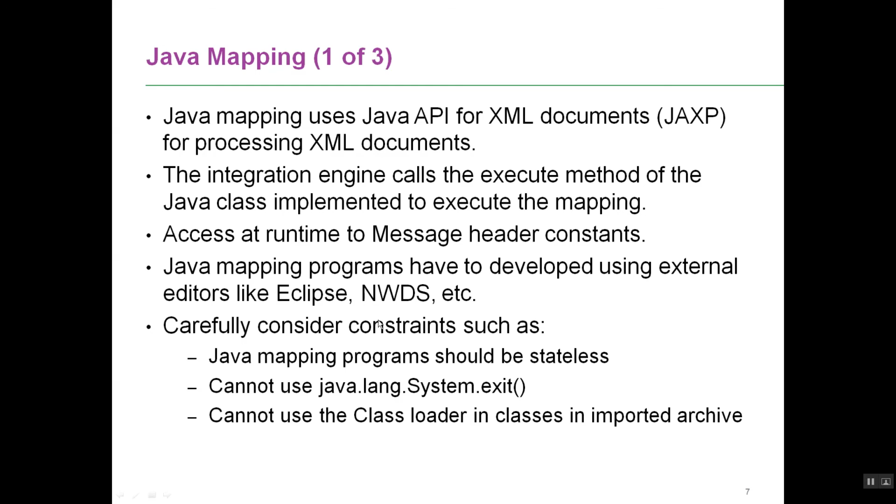If you're a Java developer, you would be aware of stateful classes and stateless classes, right? So all your Java mapping programs have to be stateless. And what do we mean by stateless? It means that each mapping program execution is independent of the other execution. A mapping execution will not retain the state, so it is not possible for you to store, let's say, the first time an interface executes, you want to say, hey, the mapping executed the first time and maintain a counter, and the next time the Java class gets instantiated, you maintain the state that, hey, this is the second run of this Java mapping. So all your mappings have to be stateless. Java mapping programs have to be stateless.